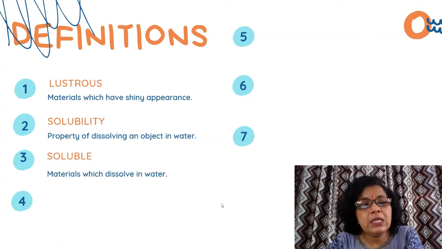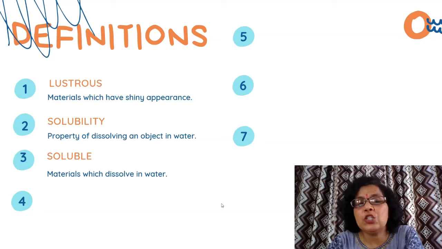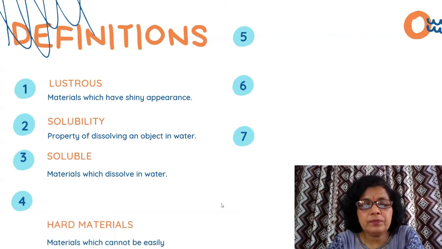And soluble is the material which dissolves in water. For example, sugar and salt. They get dissolved in water. Few gases are also there which get dissolved in water. For example, oxygen and carbon dioxide. Due to this property of oxygen and carbon dioxide, aquatic life is possible because they also need oxygen and carbon dioxide for breathing, for respiration purpose. And the materials which don't get dissolved in water are called insoluble, right?